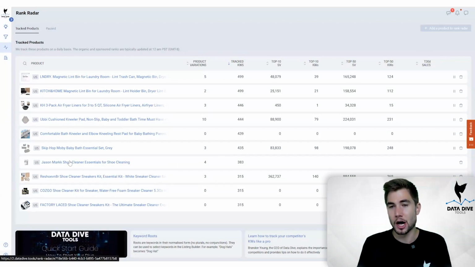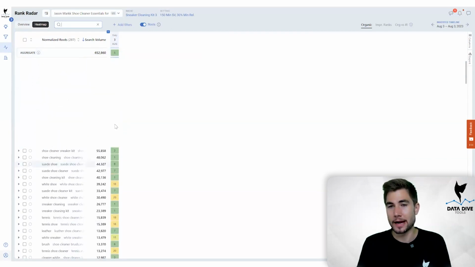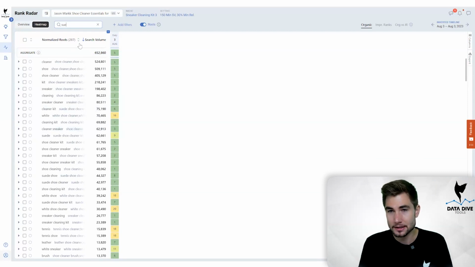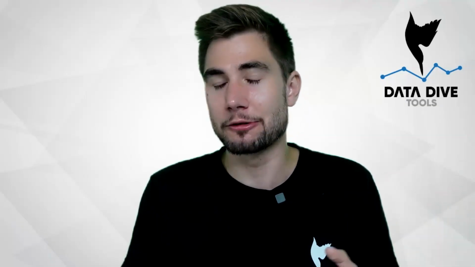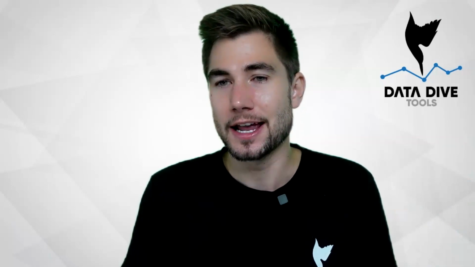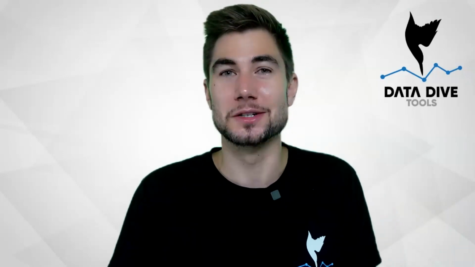And then what this is going to do automatically is now you're going to be able to see this heat map. I only have 1 day of data. This is going to refresh every single day. And so now I can see what all of my organic ranks are. And so if I wanted to see for suede, here's all my keywords related to suede. And then I could go back and check day after day and see, okay, am I getting this out of position 12 or 15 or whatever it is? And is my organic rank going up? So just set up Rank Radar, it works automatically in the background. And yeah, you can track all your products right there in DataDive now and see the impact of your work.